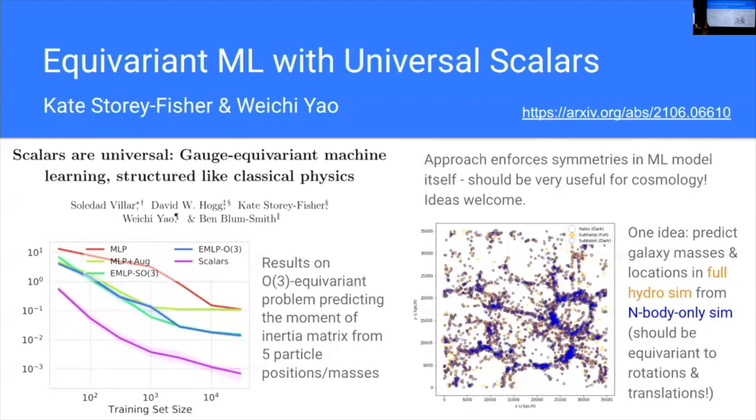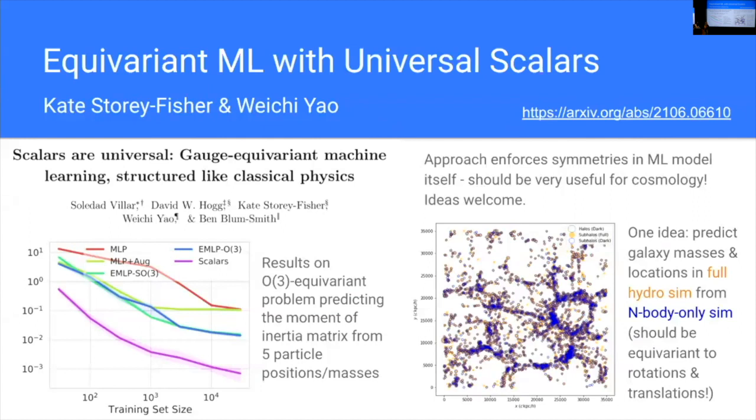As you can see here, we have better performance compared to MLP. But our method, the scalar method, is very simple. It's very elegant. We just compute the inner products of all the vectors so that they are just the scalars. So it's very simple, and you can see our performance is much better than the other methods, and it's extremely fast because we're just using the scalars, right? And we just use a simple neural network, linear and then nonlinear and so on, like 3 layers, and the performance is really nice and it's really fast and very efficient.